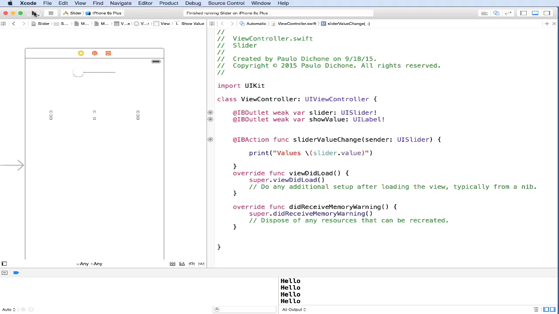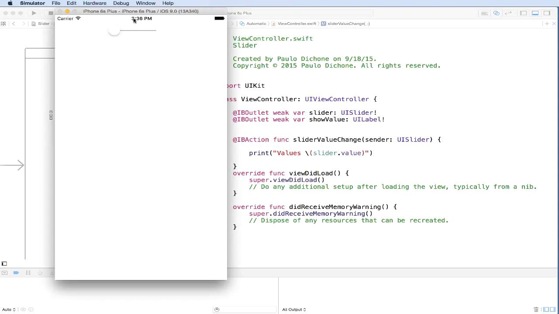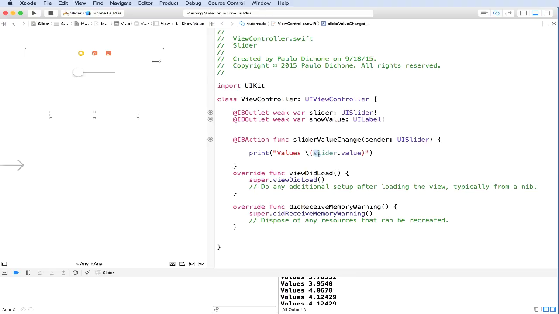Save this, run. All right, so there it is. Give it a try, and there you have it. So it says 1.9 and all those values there. Now you may ask yourself, well, we said earlier that we actually want from 0 to 10, and it's showing here these float numbers. The reason being is because the slider.value returns float numbers.